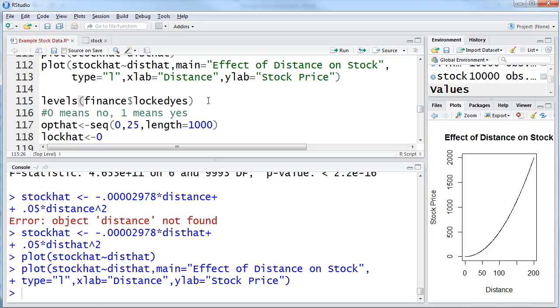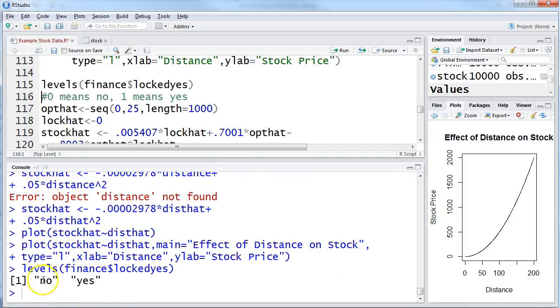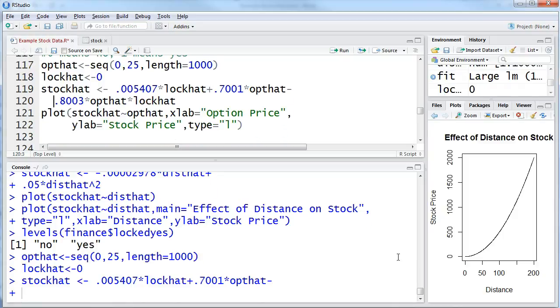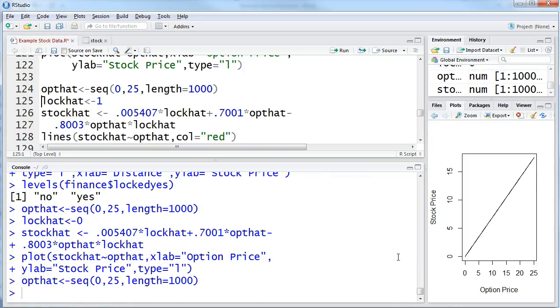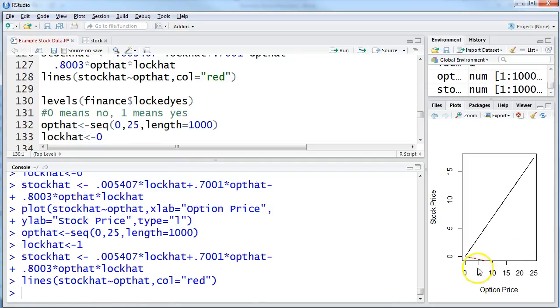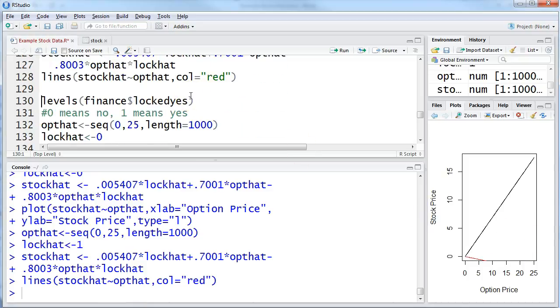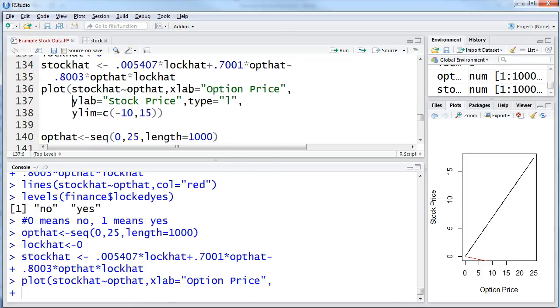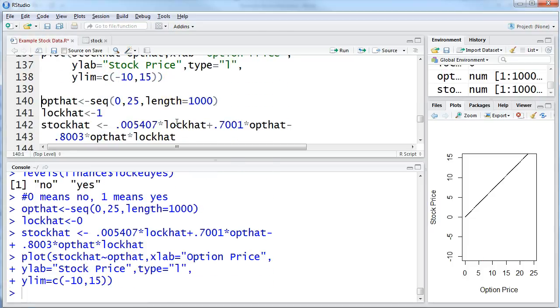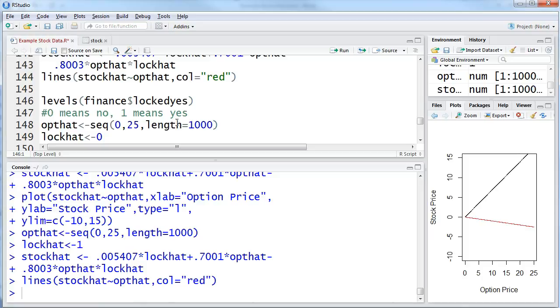Now, if we're going to do the relationship between locked and options, first thing I did was I said, okay, tell me what's 0. 0 is no, and 1 is yes. Okay, then make my options. Let's start with 0 and plot what it looks like. It looks like that. And what happens if I turn lock to be 1, which is a yes? It looks like that, which now the picture was down. And normally I'd just go back up to here in my plot and kind of change the y-axis, but I told you I was trying not to cheat. So I said, okay, now let's add this y limit that goes from -10 to 15. There's no, and there's yes,